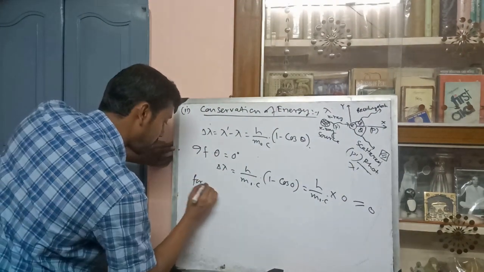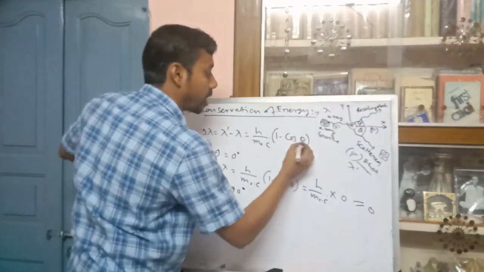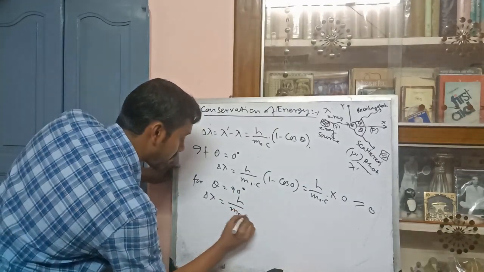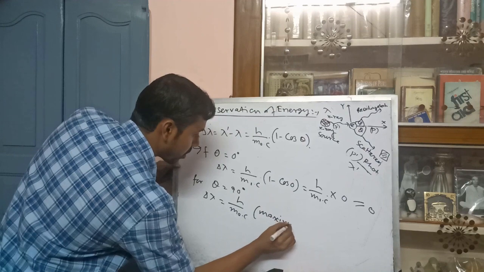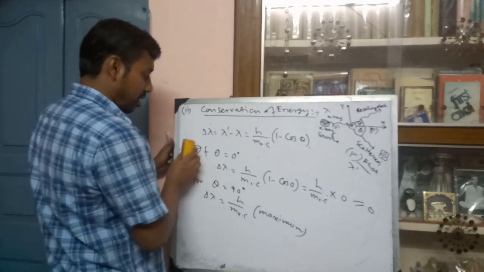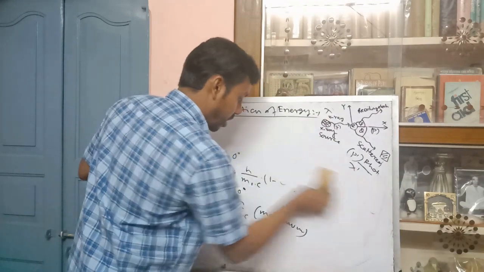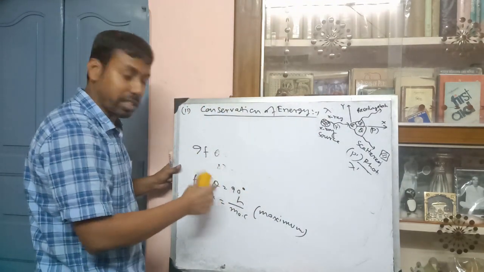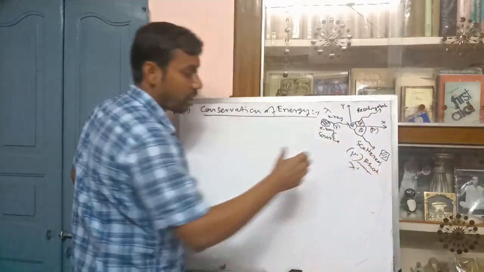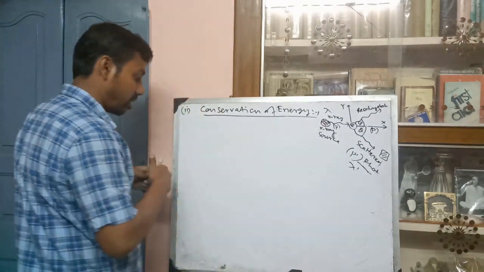For theta equal to 90 degree, cos 90 is equal to 0. That gives you h by m0 c, which is the maximum shift. And if you increase theta further, delta lambda decreases gradually. So if you take a detector in this direction, measure the intensity of the scattered photon and plot it with the wavelength, we will get